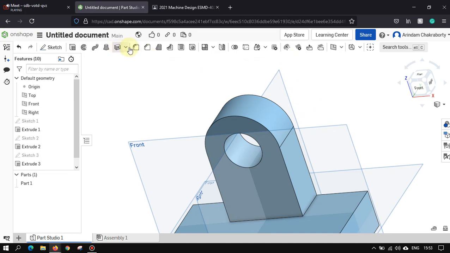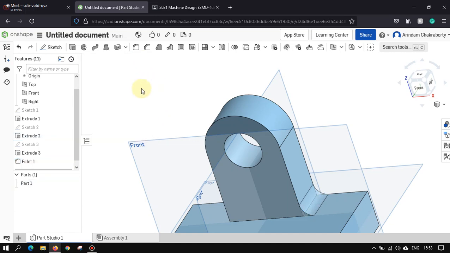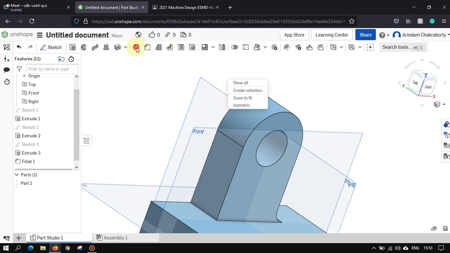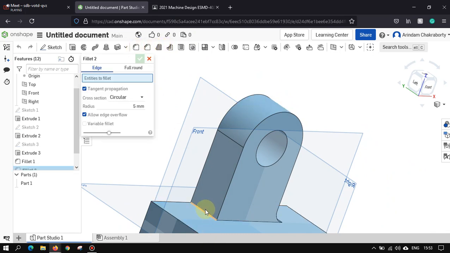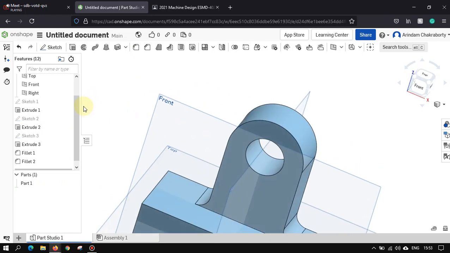What you can do is go on the fillet, click over here, write radius 8, and press Enter. You have to do the same for the other side. Click on this one, press 8, Enter.